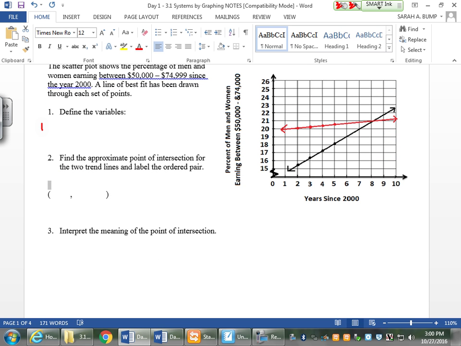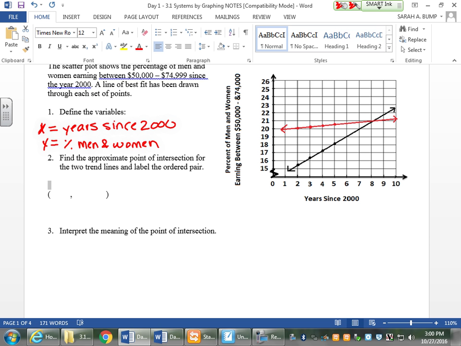Normally I would say hit pause and go ahead and try it on your own. Okay, but I'm going to keep talking since I'm teaching to an empty classroom right now. So X is going to be the number of years since 2000. And Y is going to be the percent of men and women who are earning between the 50,000 and 74,000